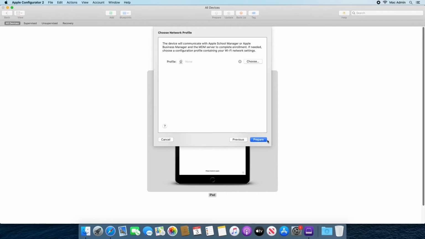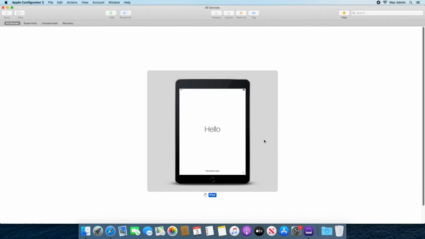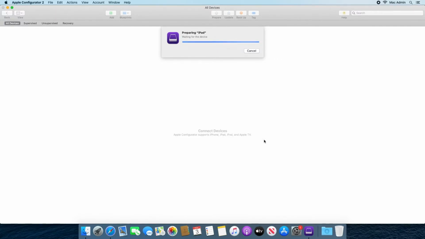The device will need an internet connection to complete this process, so either manually connect to Wi-Fi on the device, but don't proceed through Setup Assistant, or create a Wi-Fi profile with Apple Configurator to push to the device. If you're preparing one or two devices, manually connecting to Wi-Fi will likely be quicker. But if you are processing a large batch of devices, creating the Wi-Fi profile will save more time in the long run. Finally, click Prepare. We will be prompted for a local administrator password here to generate the supervision identity for the device. The device will be erased and returned to the pre-Setup Assistant screen.